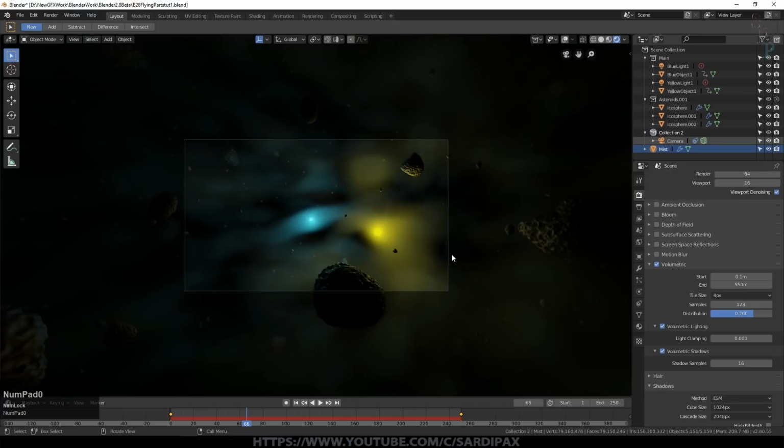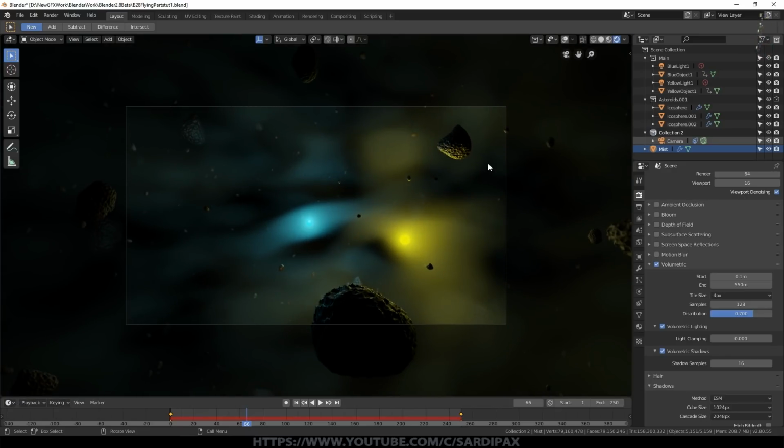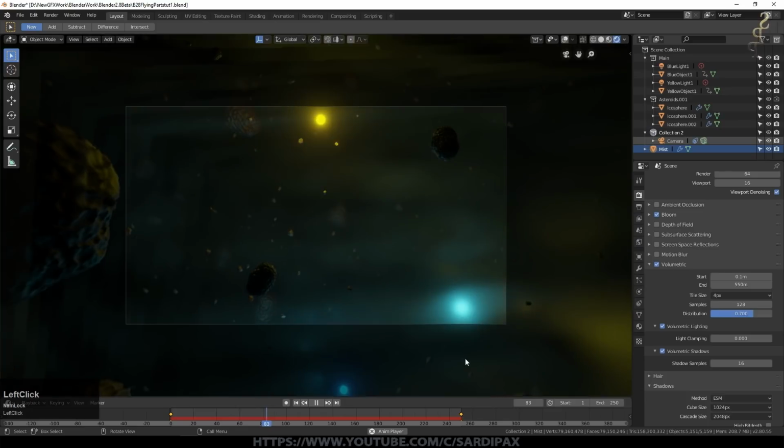And that's really all there is to creating the animation I did. I did a little bit of post-processing to darken the edges, which I've shown in some of my other tutorials. And I also increased the saturation a little bit, which sort of increased the glowiness of these. You can also turn on bloom, of course, which makes them even more ferocious in their glow, depending on what you're trying to do.